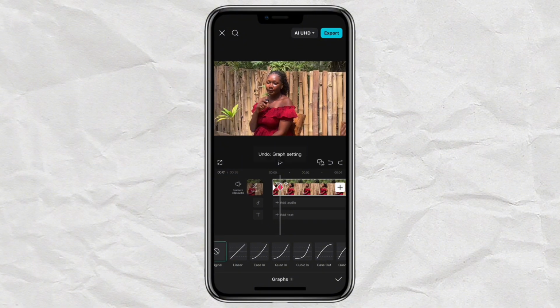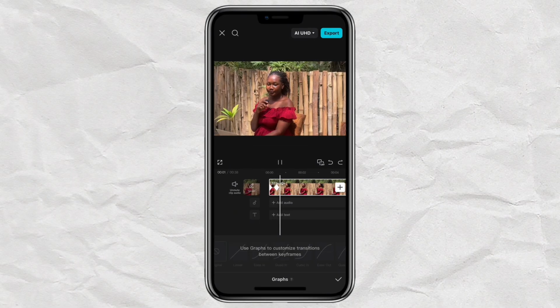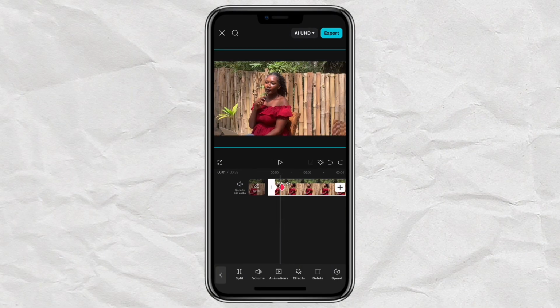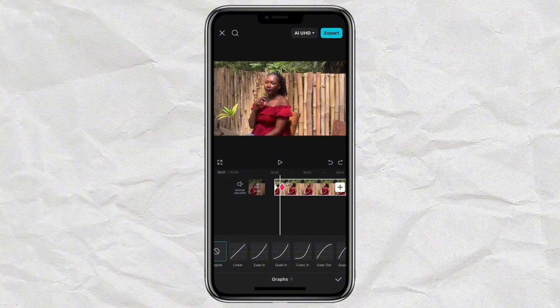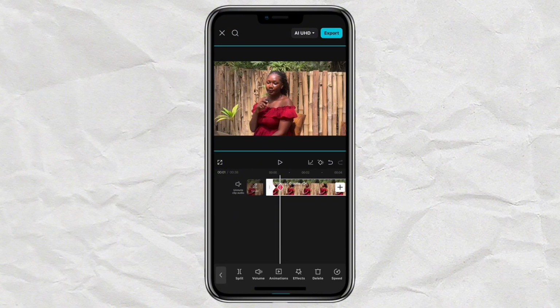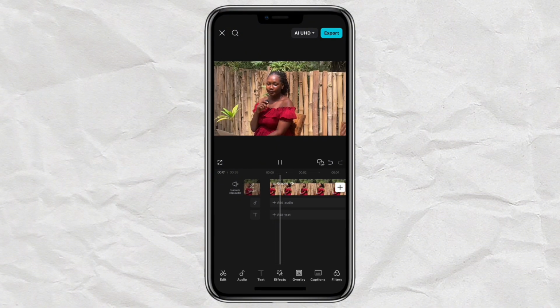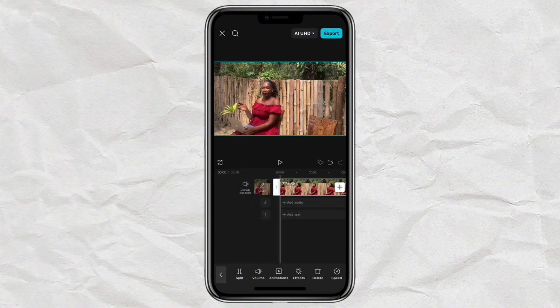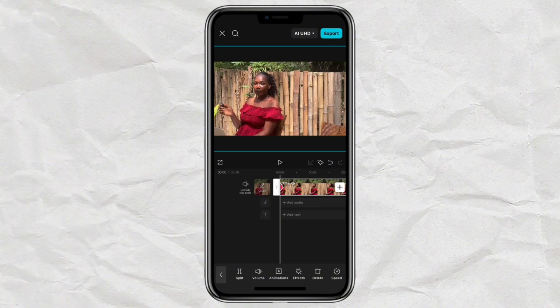So you add two keyframes close to each other. Remember, the first keyframe doesn't have an action, or else you want the action to start from there. But the second keyframe, you zoom in or you zoom out, whatever you want to happen, make sure you're applying that action on the second or the first keyframe, depending on what you want the action to be. So this is what I mean by placing the action either at the beginning or at the second keyframe, depending